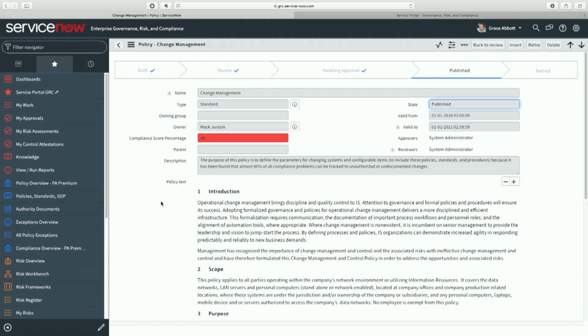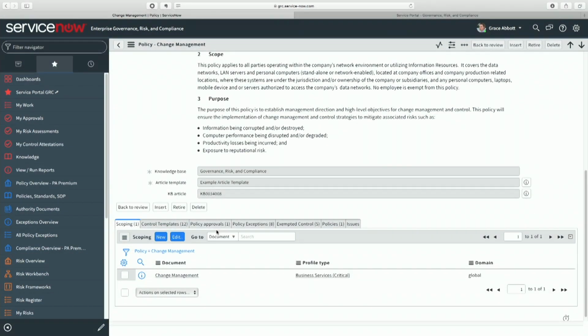So we're going to manage the life cycle and policy currency, making sure that people are reviewing and approving those policies in a timely manner so that information is always current. We're managing that through workflows and valid-to dates. But the other thing we're going to do is allow you to tie those policies back directly